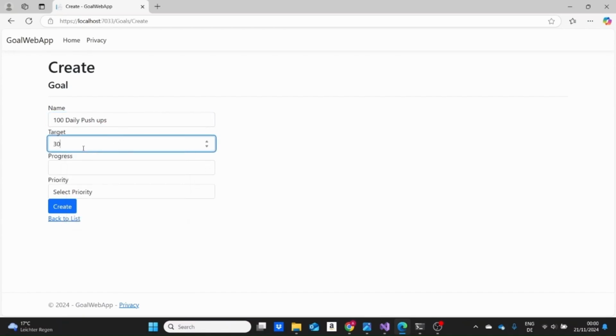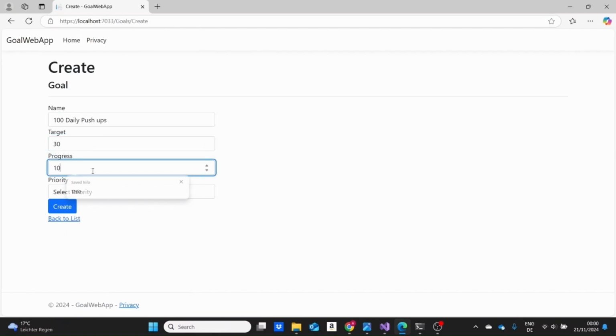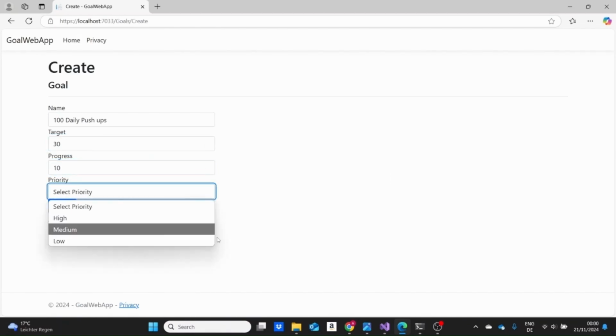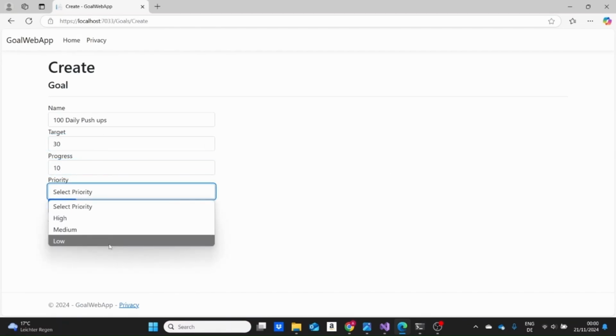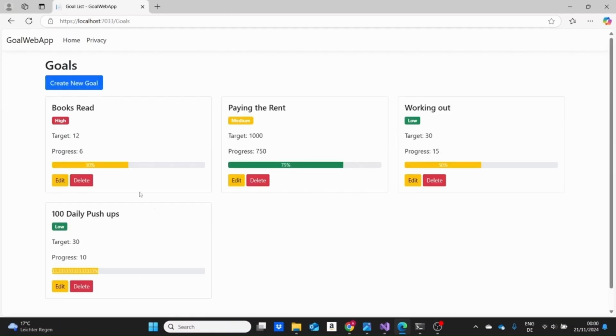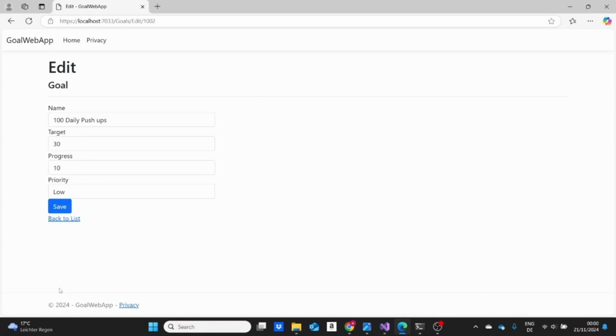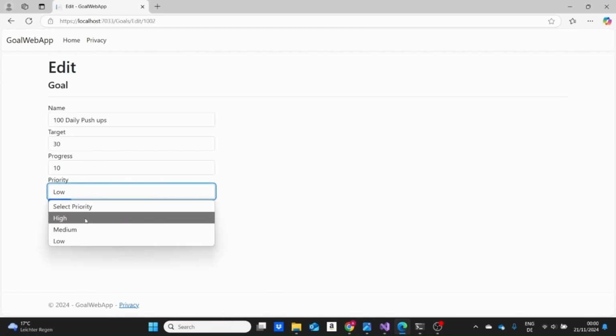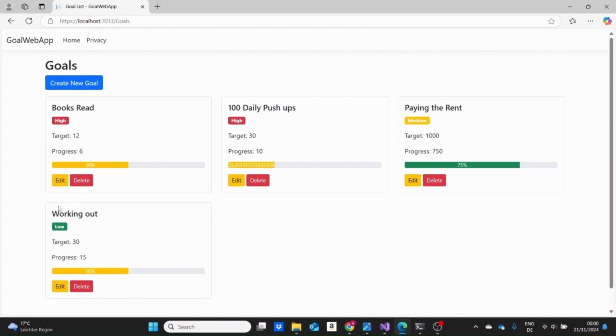Target is to do this, let's say, for 30 days. We've done this for 10 days. Priority, let's make it a low priority. If we create this, it should go on the end of the page. Let me click on create. Okay, this goal now has this priority of low. It has a green color. It's on the end of the page. If we change the priority to high, this should actually appear here on top together with this goal that we